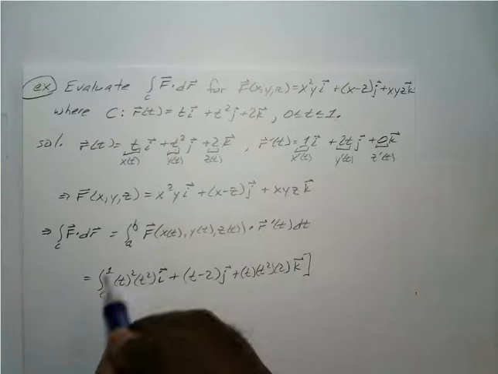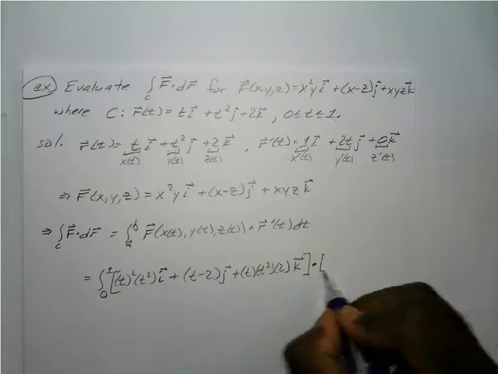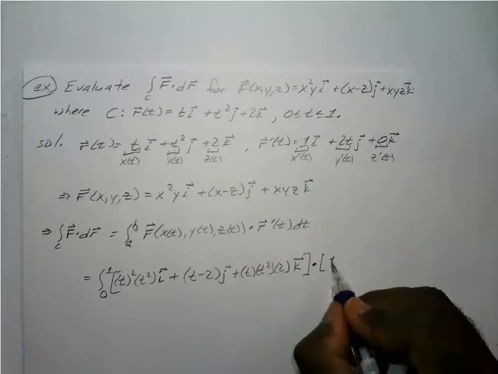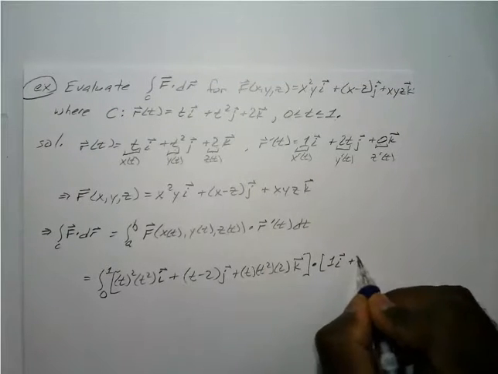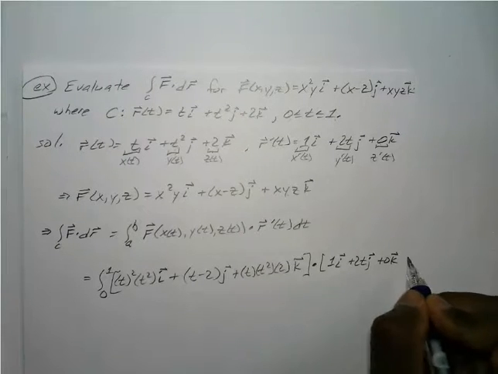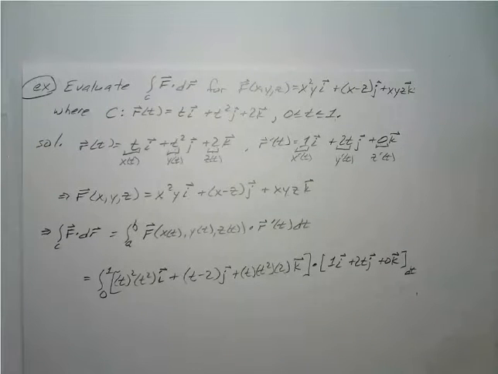Okay, so you have that, and the dot product of the derivative of your curve, which is 1i plus 2tj plus 0k. Of course, that's with respect to t. Again, that's a bad habit, I have to try and squeeze it in. Alright. Okay, so now if we simplify all of this,